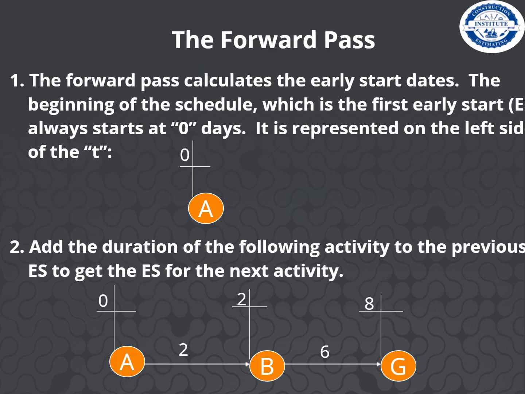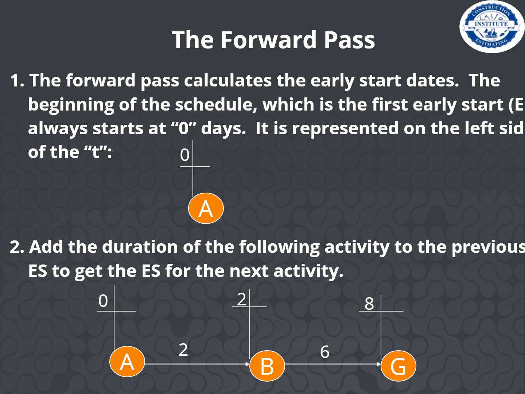The forward pass. Number 1. The forward pass calculates the early start dates. The beginning of the schedule, which is the first early start, always starts at 0 days. It is represented on the left side of the T. Number 2. Add the duration of the following activity to the previous early start to get the early start for the next activity. So if you look at event A, the beginning of the project, 0 is written as the